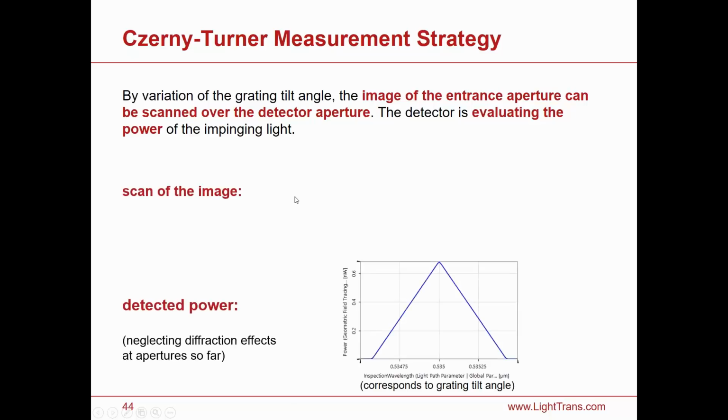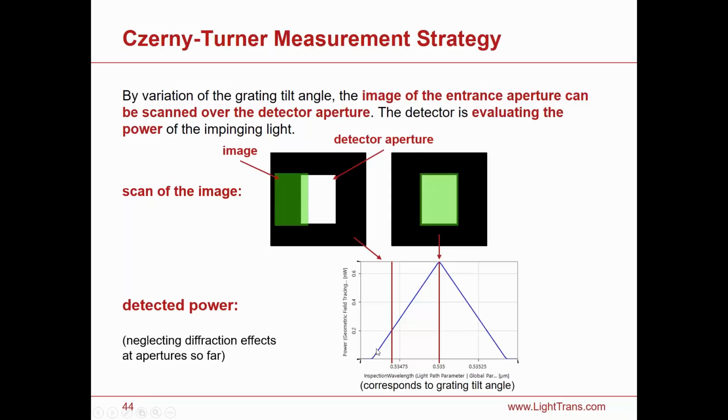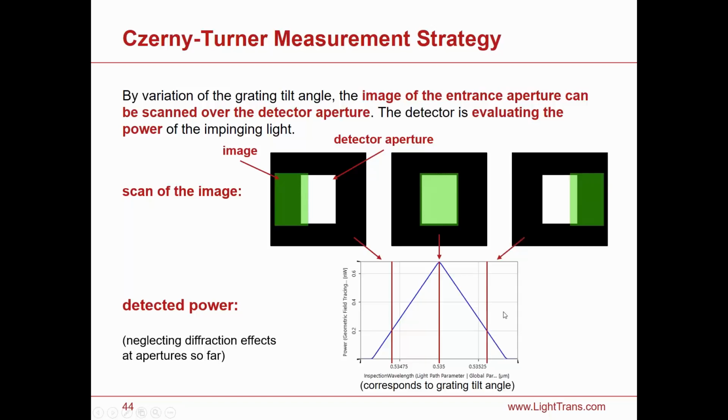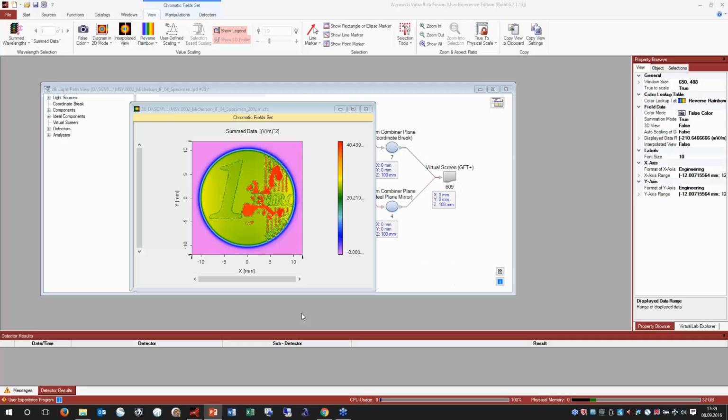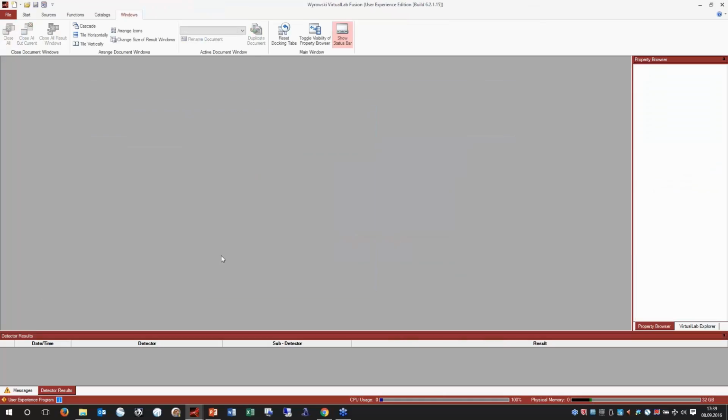And the function of this setup is such that you can see the picture of the entrance aperture, which is the green box here, and in the background you have the detector aperture. And if you scan this image by changing the grating tilt over the whole detector aperture, you get this power curve. And this is the measurement strategy of this setup. And I will show this in VirtualLab. I again close all windows and open the setup of the